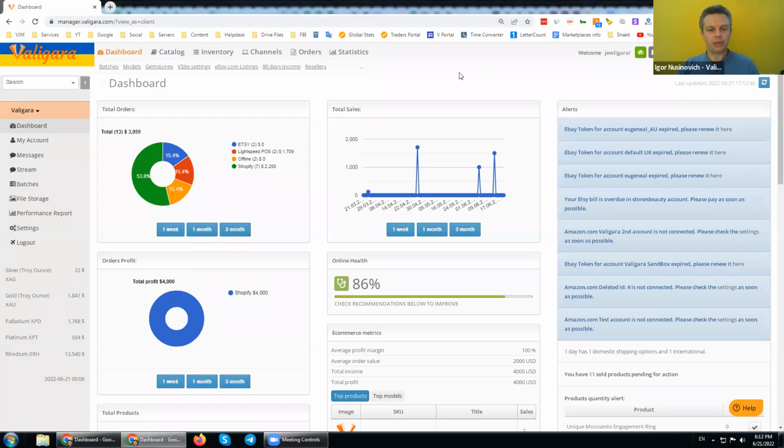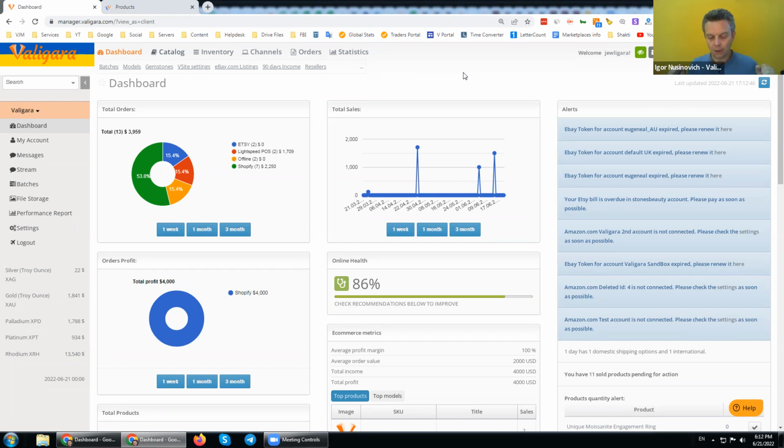When speaking about Valigara, I want to start with several simple things. What does it mean to have a successful PIM system for jewelry, a product information management system? First of all, as you know, Valigara is a business-level application, which means that we have a lot of functionality, which covers different parts of our operation during the day.